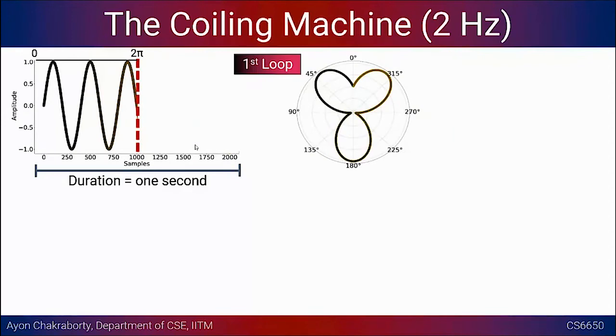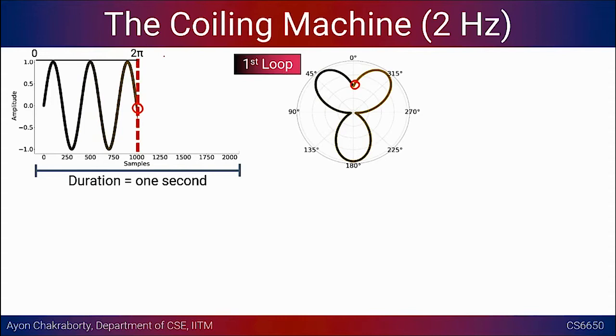So if we look at this case with this 2 Hz, what will happen? We'll first take this 0 to 2 pi, map it, right? So we are not going to cover this entire signal in the first rotation. In rotation number 1, which I call the first loop, we start from this black part and end up here, which is the brown part right here. Okay. So this makes the first loop complete, and this will be mapped from 0 to 2 pi